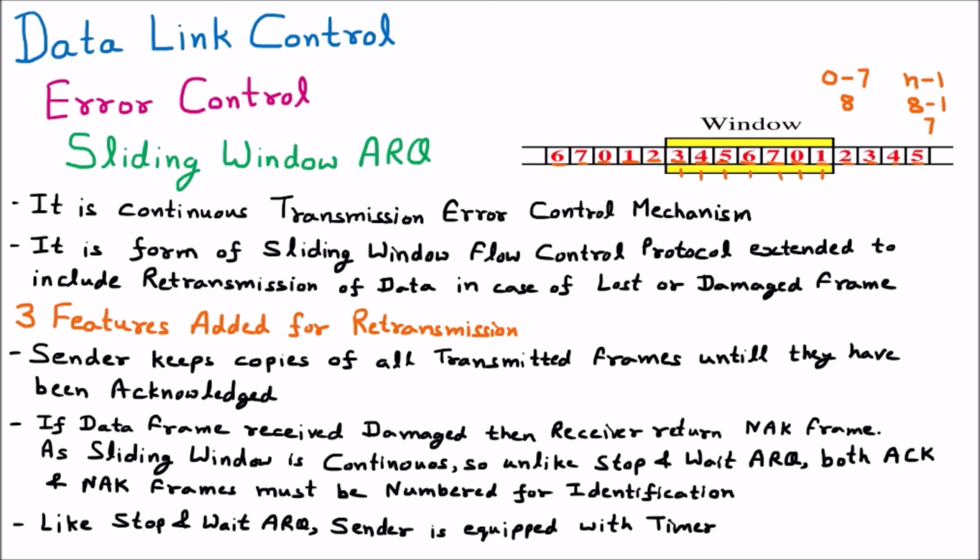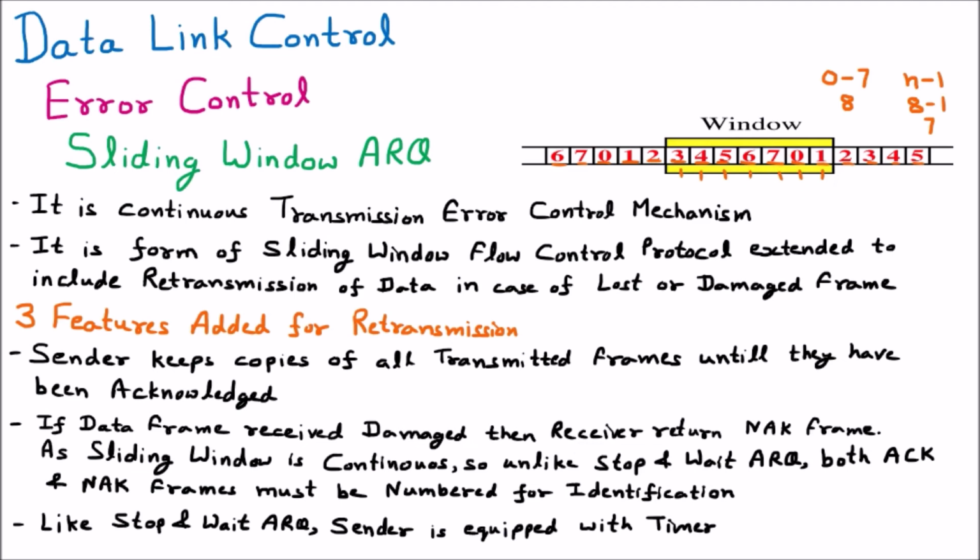So that was at the stop and wait, and similarly it is at the sliding window. So if we talk about the sliding window ARQ and compare with the stop and wait, then sliding window ARQ is continuous, whereas in the stop and wait, we are sending one packet at a time and we wait for the acknowledgement to come. And here in the sliding window we can send multiple packets.